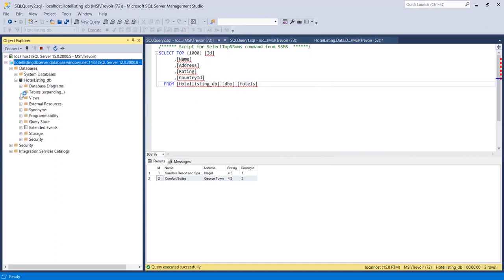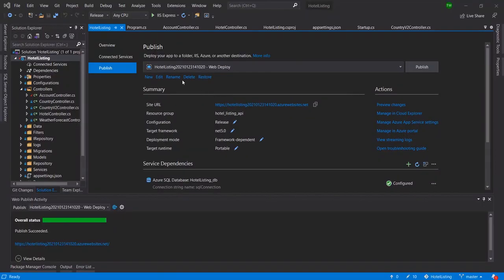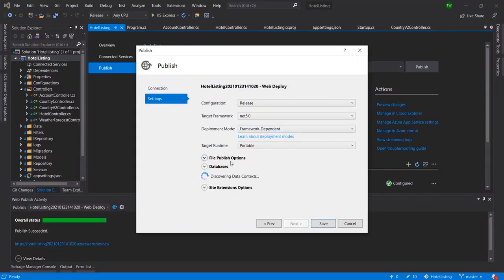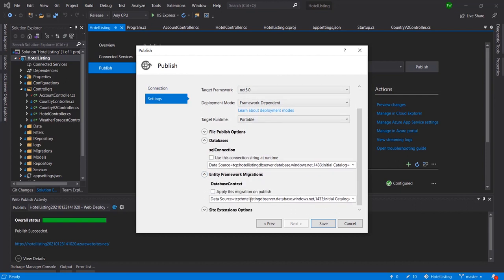So I'm just confirming that our database is there, but look at this, there are no tables. And what I'm going to do is edit the profile and go to settings. And we actually skipped this step. I guess we were too eager, right? So we did not do the migration step. So apply this migration on